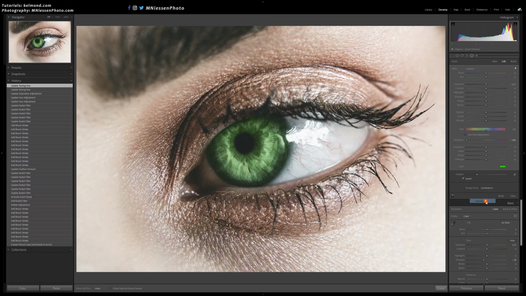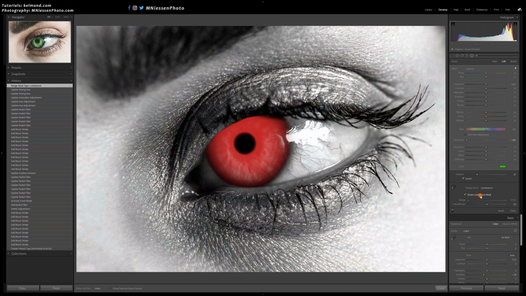In the drop-down list, I will select the luminance option, and it allows us to modify exactly where the mask is applied between the pure black, which is value 0, and pure white, which is the value 100. It's easier to see exactly where it's applied by displaying the range mask itself on the black and white image. For a more natural look, the best is to apply the color only to the midtones. Avoid the very dark areas, and obviously the highlights, including this reflection.